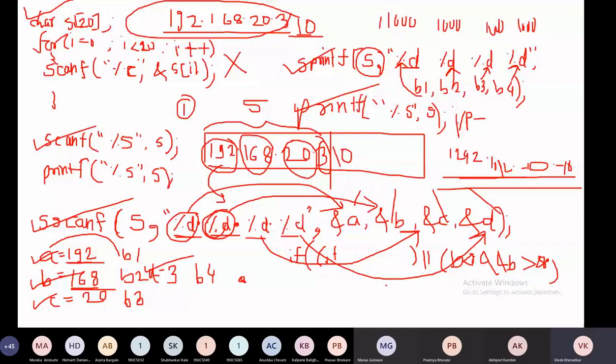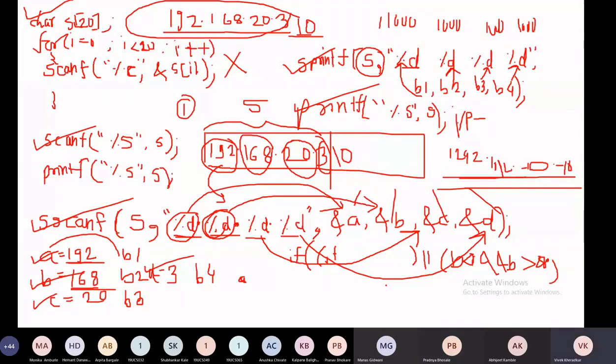Tell me, can I combine if conditions? Yes. How to combine two if conditions? By using the OR operator, and or. When do I use and? If you want both conditions to be true, then use and.